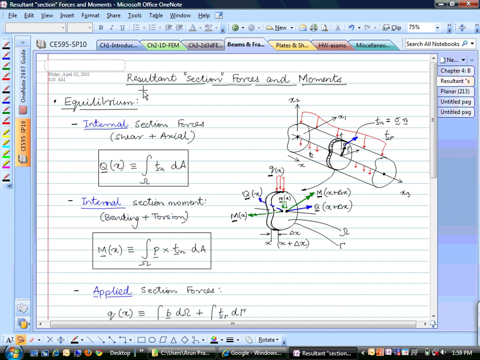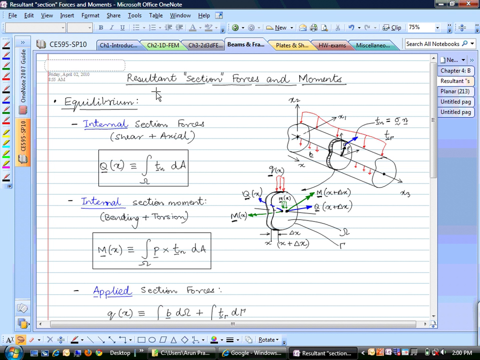So what we call these things are resultant forces and resultant moments. Why? Because these are actually resultants, or sum of all the forces that are acting on this cross section, on this face. So what we are saying is we'll go to this small point P there. The traction at that point is Tn. If we sum that over, or pretty much integrate over this entire face, we will get the total force that is acting on that cross section, and that is the force resultant, or the shear or the